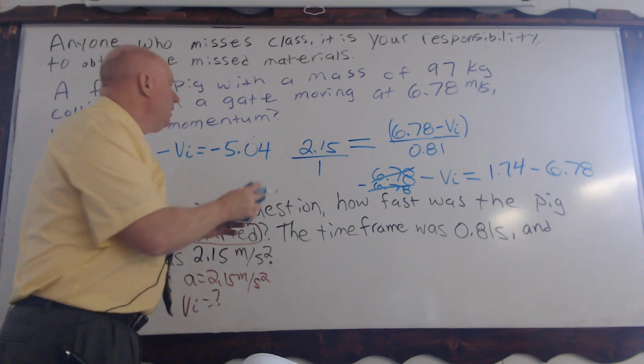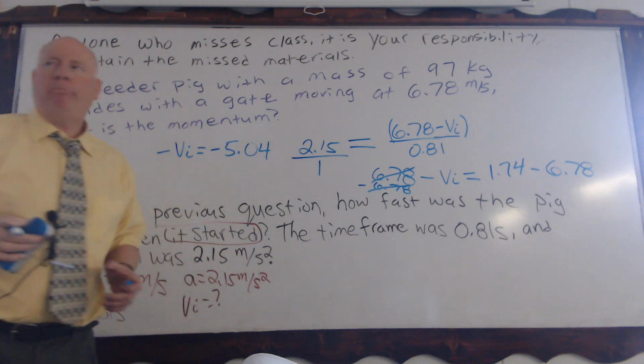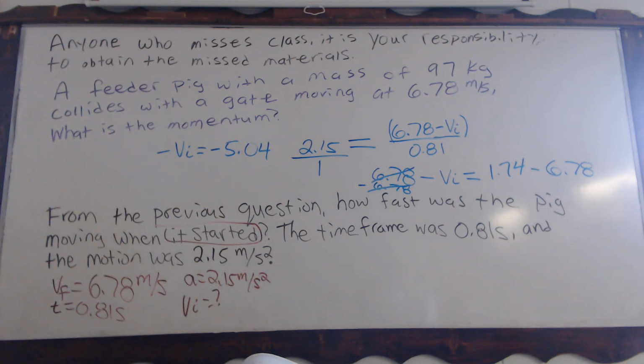Now, does anyone see a possible problem with this? Why is that a problem? What do we say about velocities? It's always positive, but I see a negative velocity there. So you need to change them both to positive. Can we do that? Yes. You're right, but why are you right? Because they're both negative, so you can make them both positive.